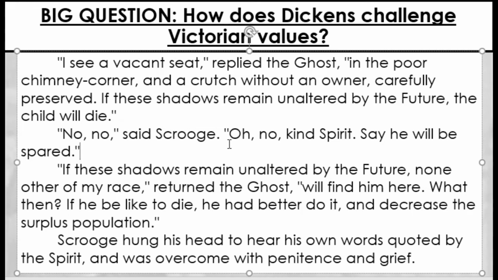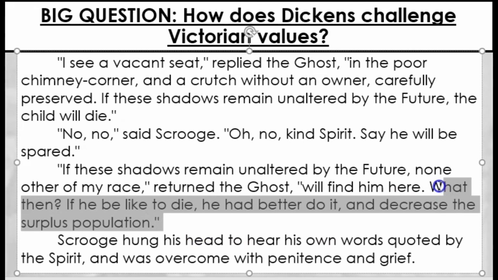Dickens, although he was living in a very religious time and he went to church, wasn't particularly religious in his own worldview. He felt very much that mankind had a responsibility to look after their fellow man. Praying to God for change or deliverance was never going to be enough. So what he's saying here is that these shadows, these spirits, can't do anything. Ultimately, it's going to fall to humans to make the changes necessary to save the poor from their miserable fortune.